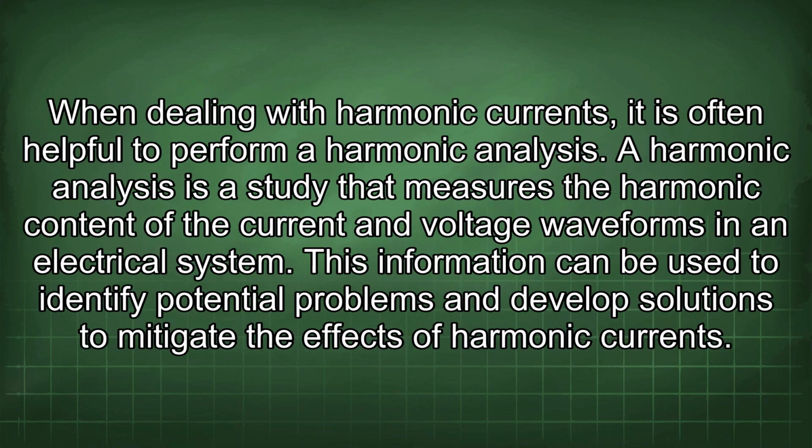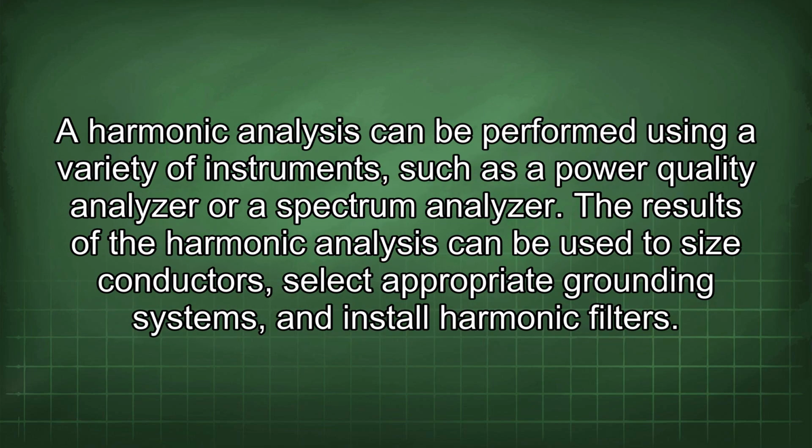When dealing with harmonic currents, it is often helpful to perform a harmonic analysis. A harmonic analysis is a study that measures the harmonic content of current and voltage waveforms in an electrical system. This information can be used to identify potential problems and develop solutions to mitigate the effects of harmonic currents. A harmonic analysis can be performed using a variety of instruments, such as a power quality analyzer or a spectrum analyzer. The results of the harmonic analysis can be used to size conductors, select appropriate grounding systems, and install harmonic